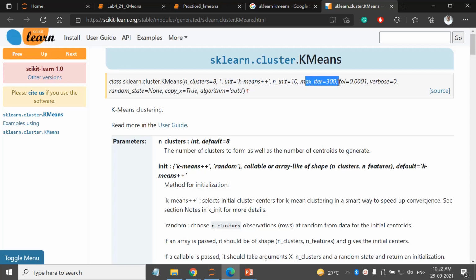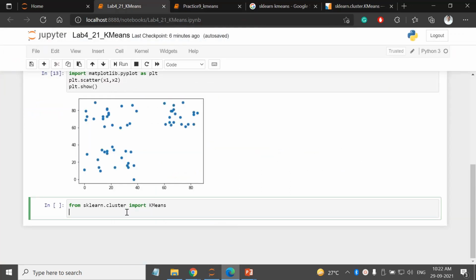Then maximum iteration you can set, but no need to set that. That's it. So we are interested in this parameter, and we are going to find the optimal value using the elbow method, right?